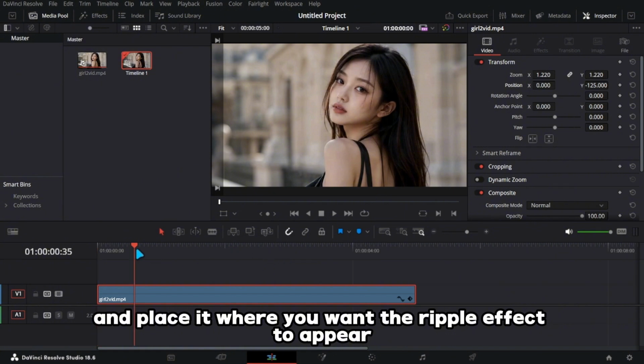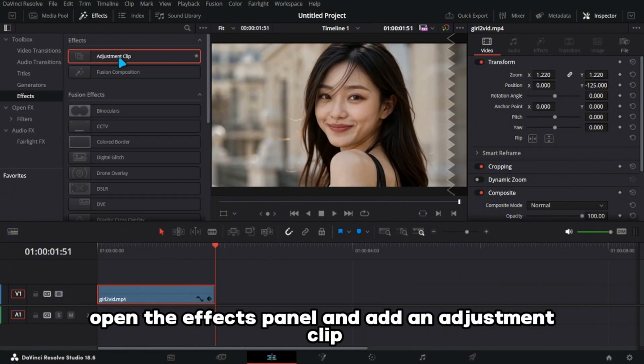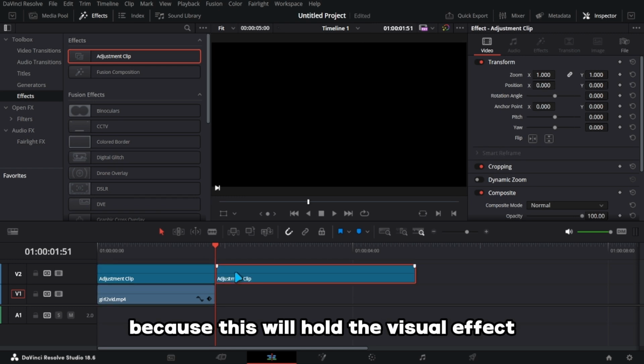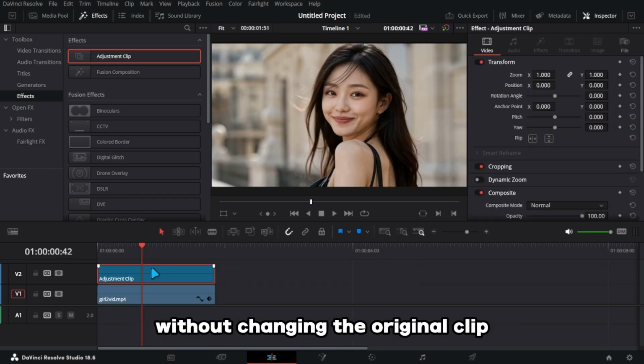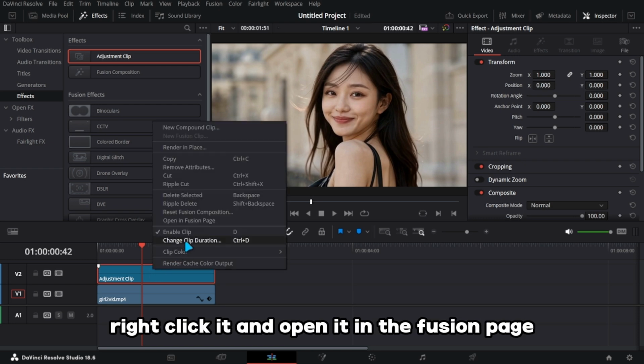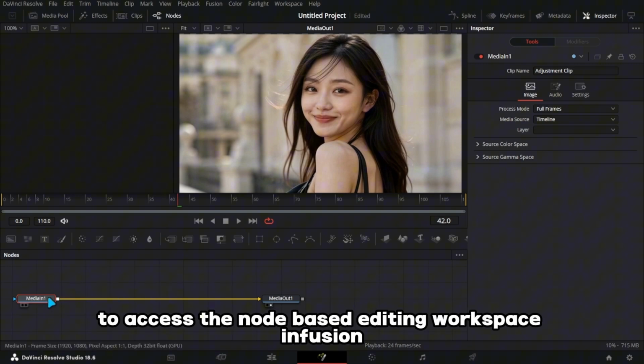ripple effect to appear. Open the Effects panel and add an adjustment clip above your video on the timeline, because this will hold the visual effect without changing the original clip. Once the adjustment clip has been added, right-click it and open it in the Fusion page to access the node-based